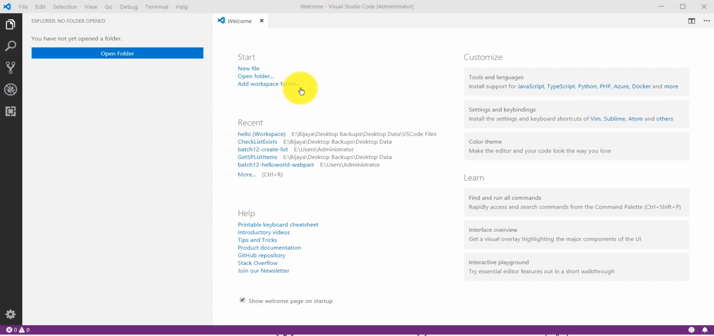So this is what you are going to do: add a workspace folder, and within that you can add your files, you can add your folders. So it can also contain nested folders, subfolders, everything you can add over there. So how we can do that? So I will click on this add workspace folder,